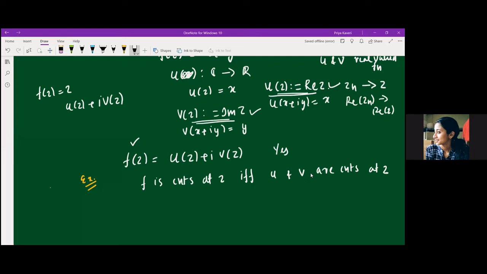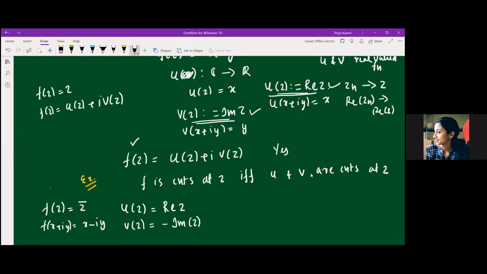Okay, so this is the thing about continuous functions, and we can see one more example. f of z is equal to z conjugate. So here what will be our u of z? It will be f of x plus iy mapping to x minus iy. So what will be u of z? That will be the real part of z. What will be v of z? This is minus y. So we can take minus the imaginary part of z. So by a similar argument, do you observe that f of z equal to z conjugate is continuous? Okay, so by similar argument, we can see that this function is also continuous.